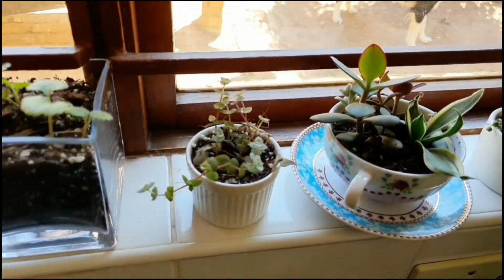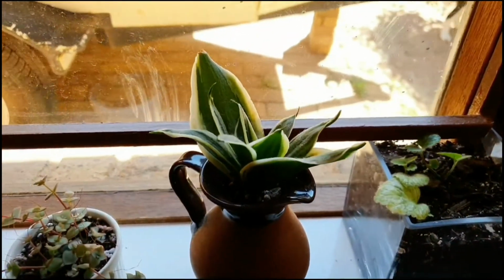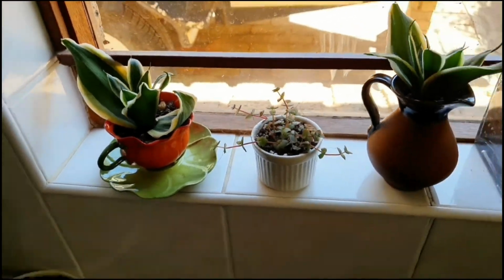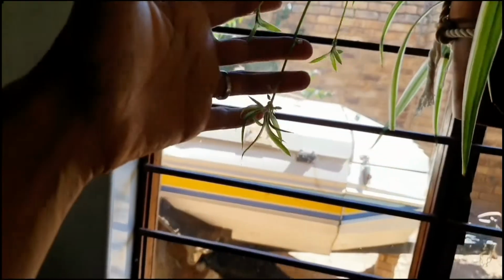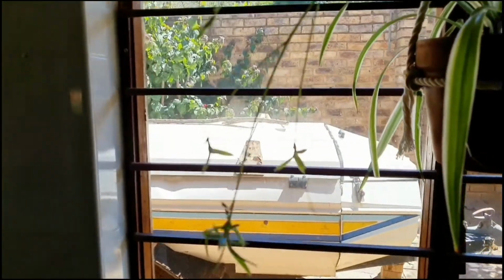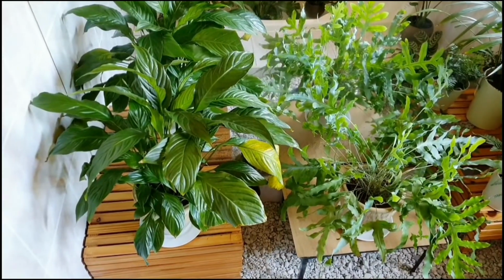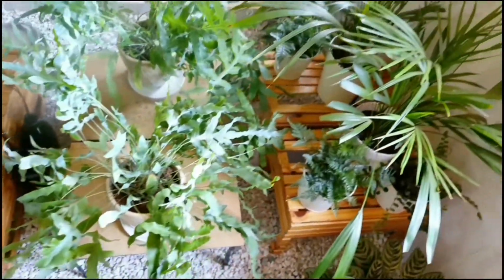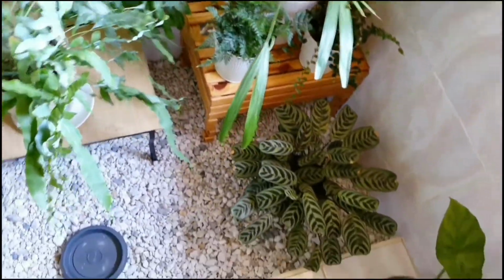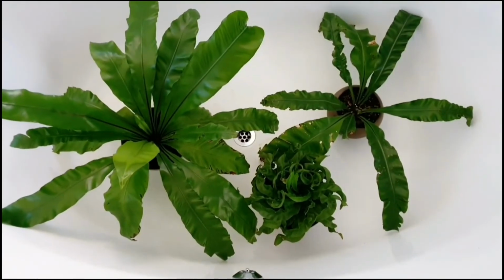But these need a drink. These succulents are in small pots, so I need to give them a drink today. But other than that, they survived. They're doing super well. And the spider plant needs a drink. It's droopy. And I came home to babies. When I left, there were no babies. And look at that, I've got babies. Yay! Now we are in my bathroom. Plants in my bathroom are doing fine. I've got a yellow leaf there, but it's not because I went away. These things happen. But all my plants in the bathroom are still